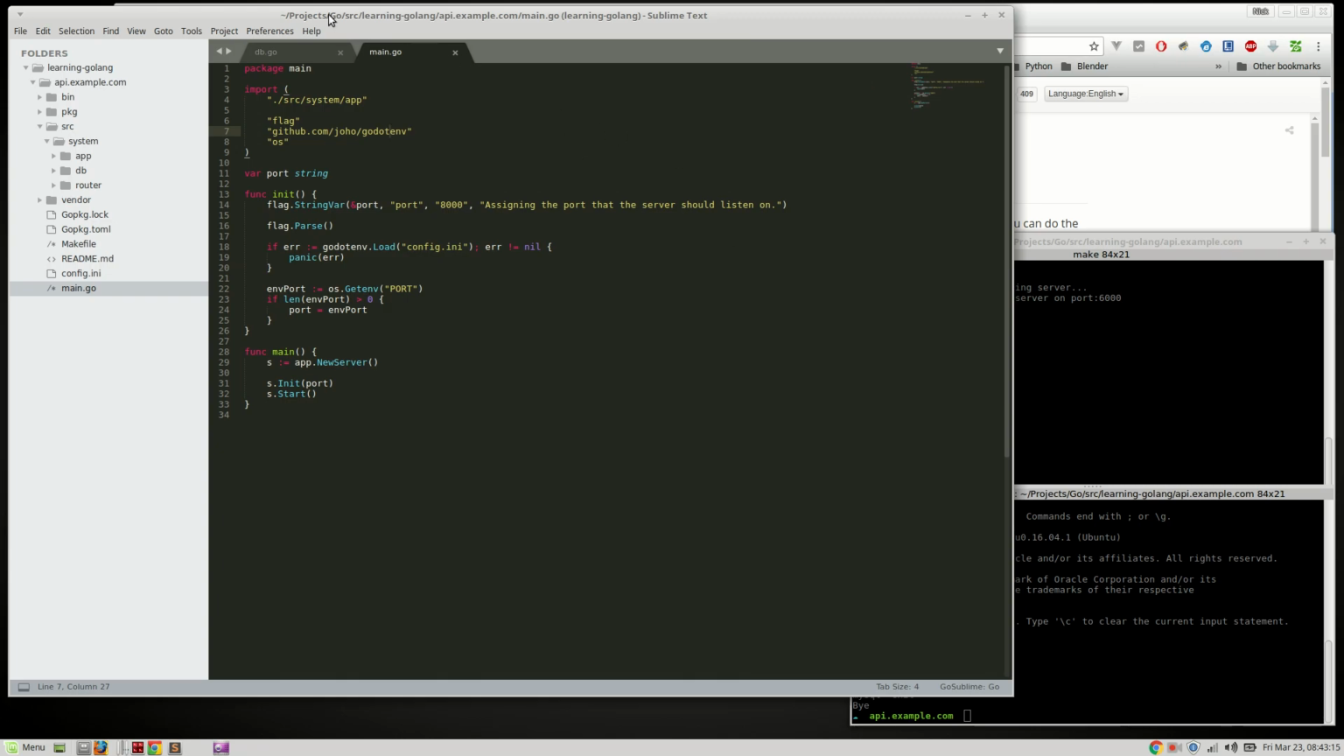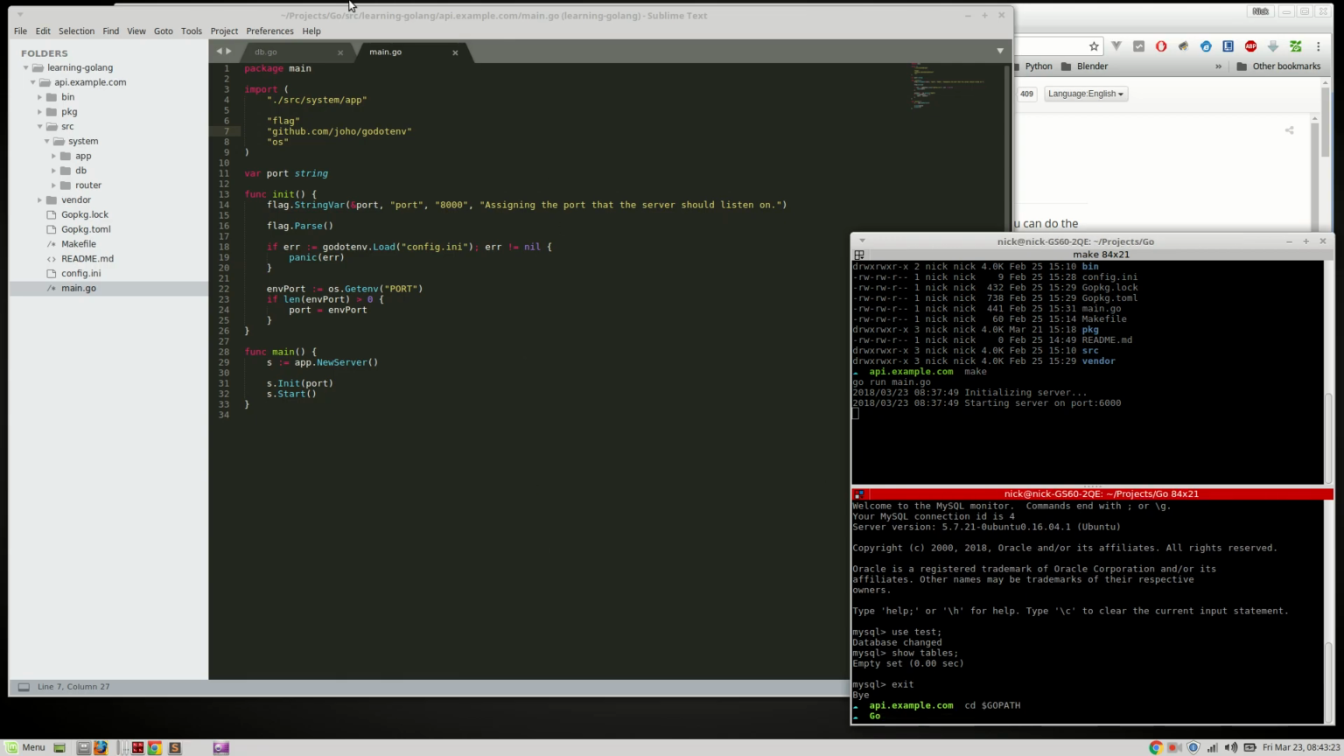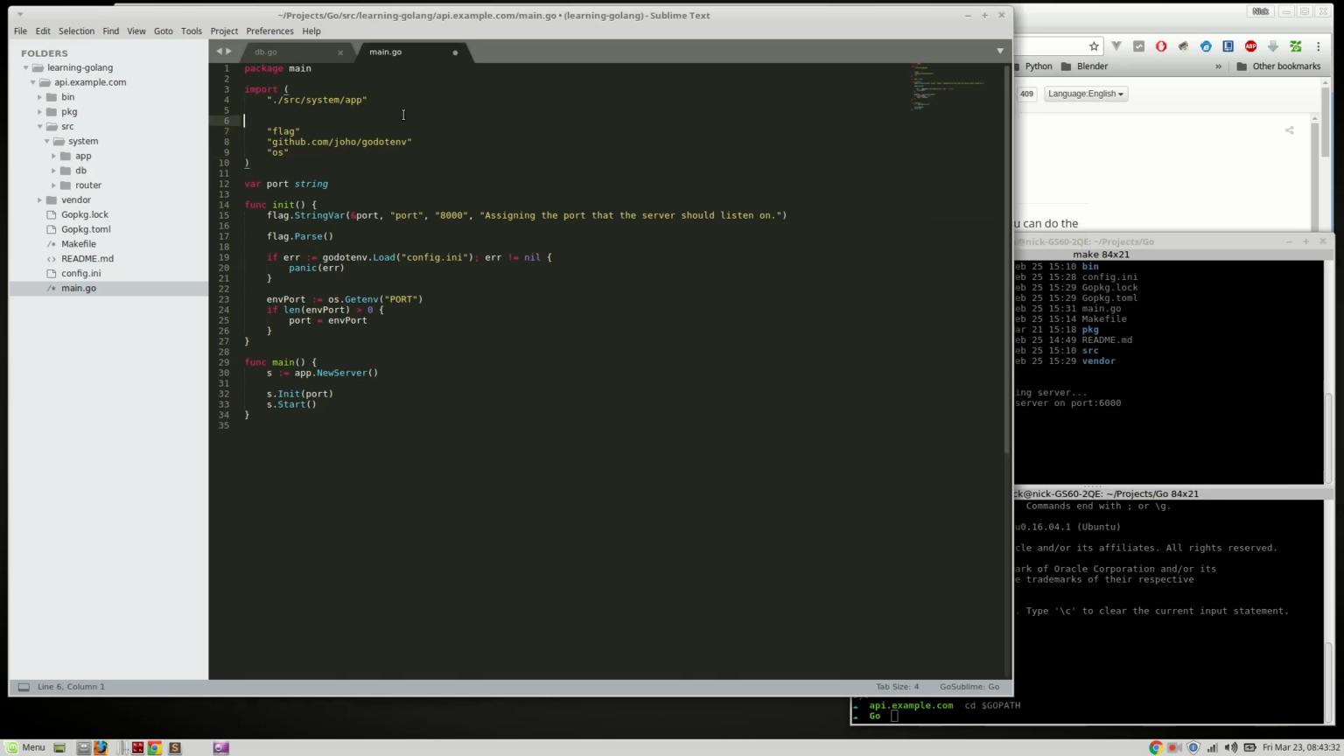So for example, you'll see up here, my GoPath, when I went into it, cd GoPath, it started at the Go folder up here. And you can ignore source. So for example, if I wanted to grab this, you can see the path up here. You want to grab it, well, we're going to do this just for now. So learning GoLang